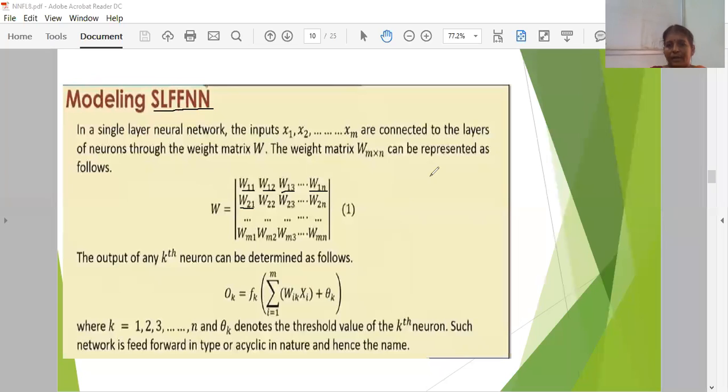So here you have multiple summing points. For example, I am taking three summing points and three inputs x1, x2 and x3. So x1 is connected to the first summing point, x2 connected to the second summing point, and x3 connected to the third summing point. Similarly, x1 is also connected to the second summing point, like this. Okay, like this you have multiple connections.